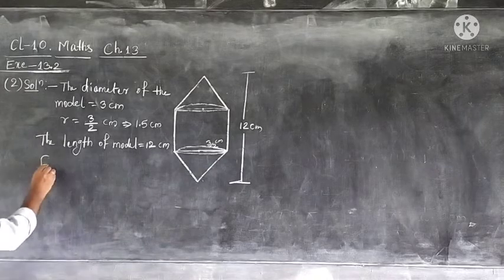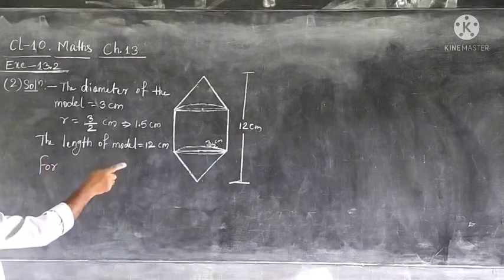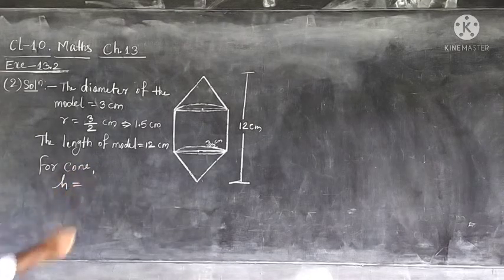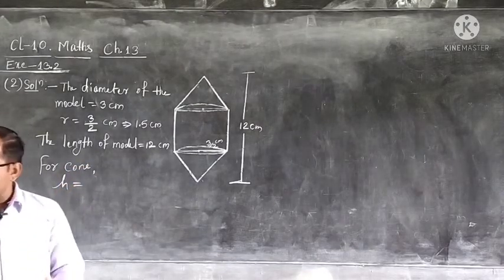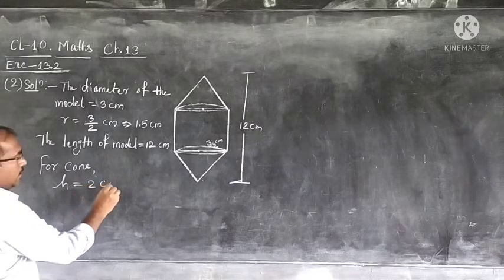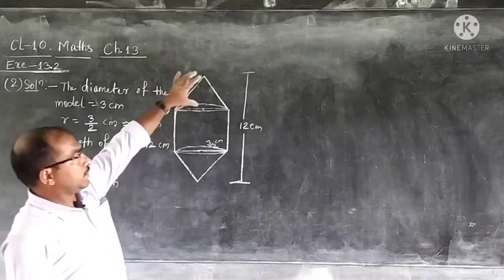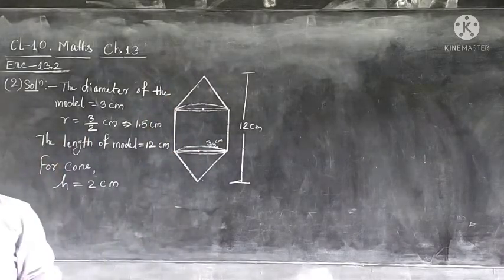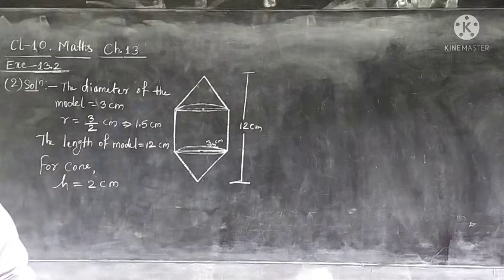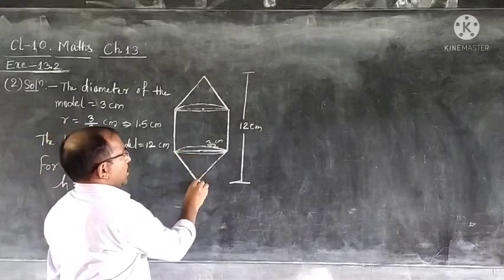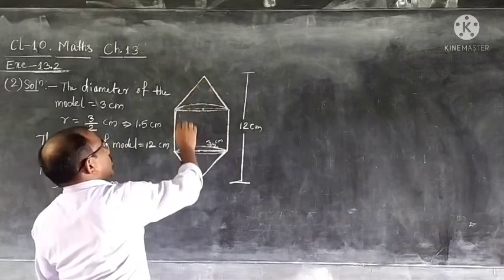So, now we are going for that specific part for cone. What was that? Height of conical portion or height of cone has the height 2 centimeter. So, height of cone is 2 centimeter for both. Okay. For cone we got height. Find the volume of air contained in the model that Rachel made. So, we have to find in this model what amount volume.